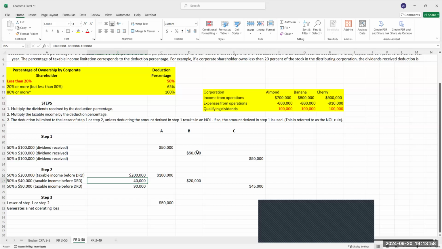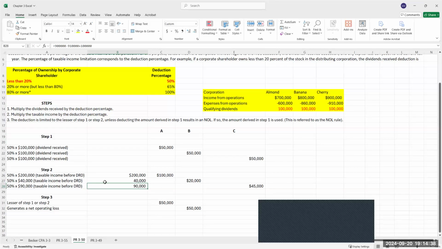And if we were to claim the $50,000 dividends received deduction, this would create a net operating loss of $10,000. So because of that, it generates a net operating loss. So therefore, we claim the full $50,000. Again, for Banana Corporation, the taxable income before dividends received deduction is $40,000. $800,000 of income minus $860,000 of expenses from operations plus $100,000 of qualifying dividends gives us $40,000 of taxable income